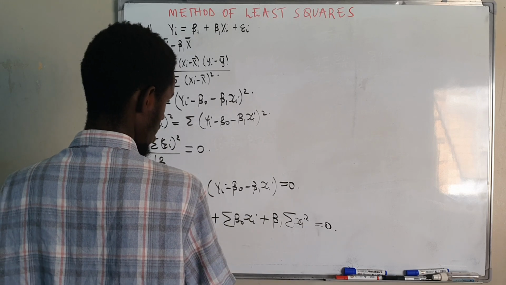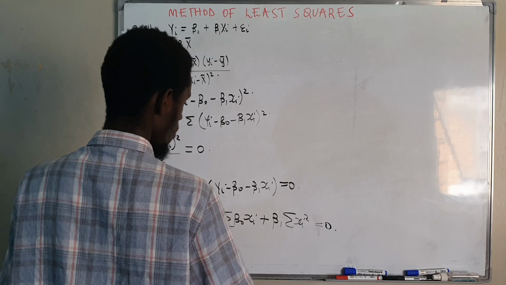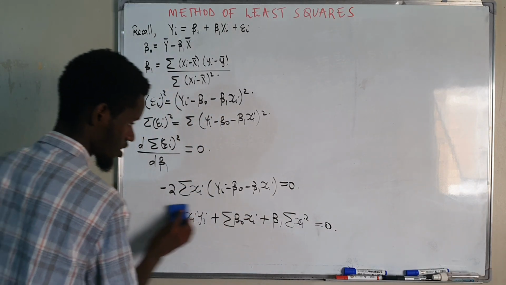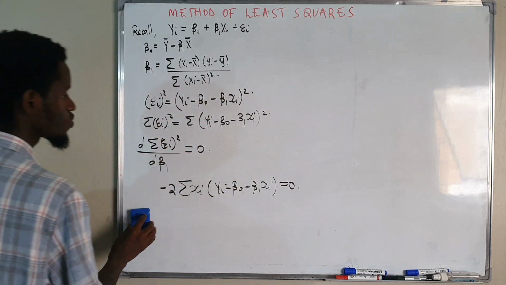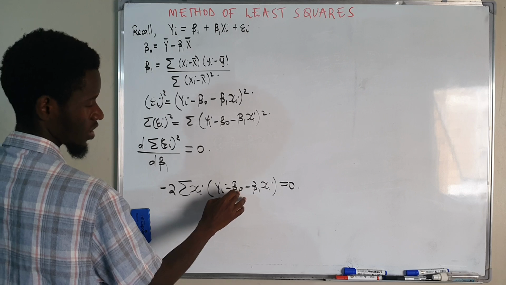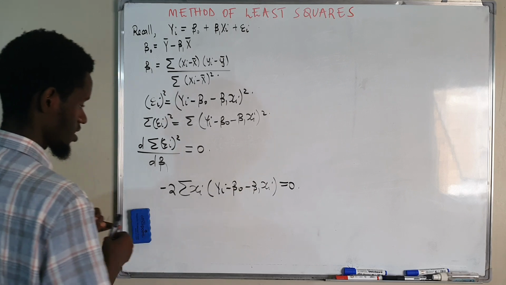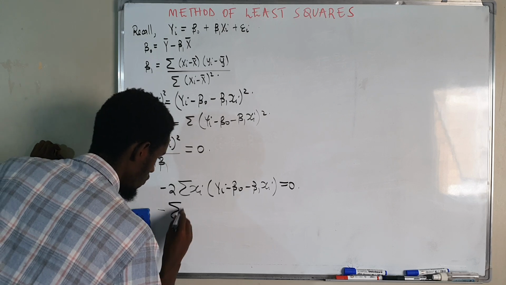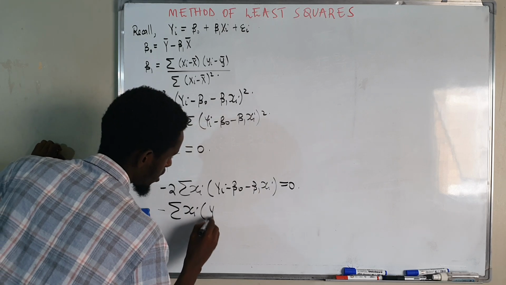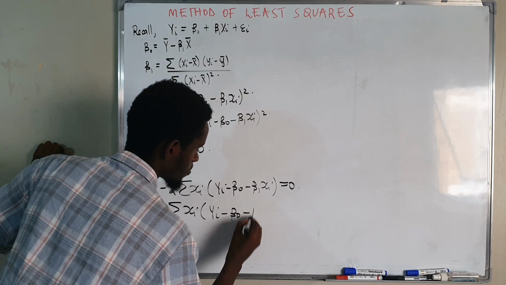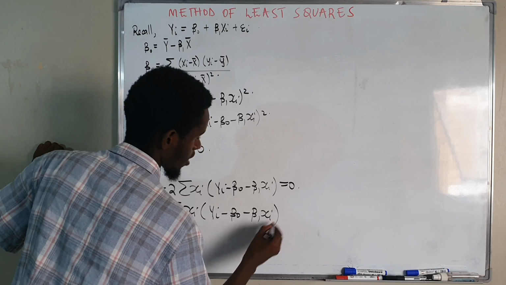Let us first ignore this step I've done here. Since we know the value of b naught, just put your b naught at the start here. This 2 will go. I'll have something like the summation of xi into (yi minus b naught minus b1 xi)